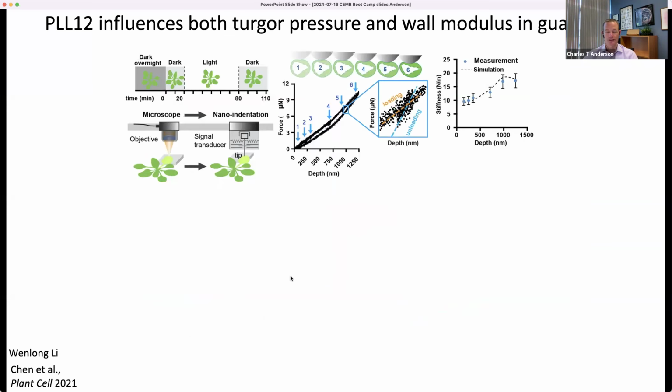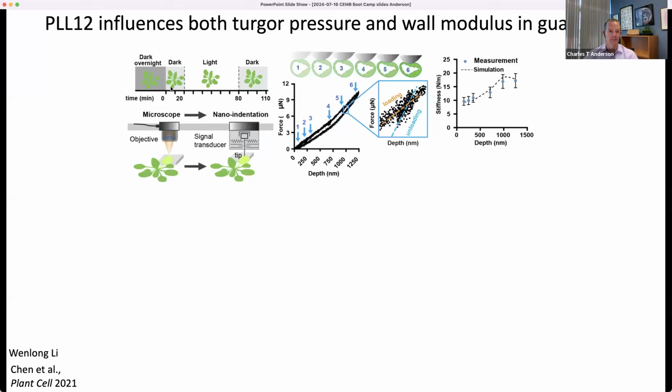So one of the interesting things we did with these mutant and overexpression lines is we studied them using nanoindentation. This was a collaboration with Joe Turner's lab at University of Nebraska. We exposed the plants to the dark overnight to cause their stomata to close, because plants close their stomata in response to darkness because there's no light to drive photosynthesis. And then we placed them in the